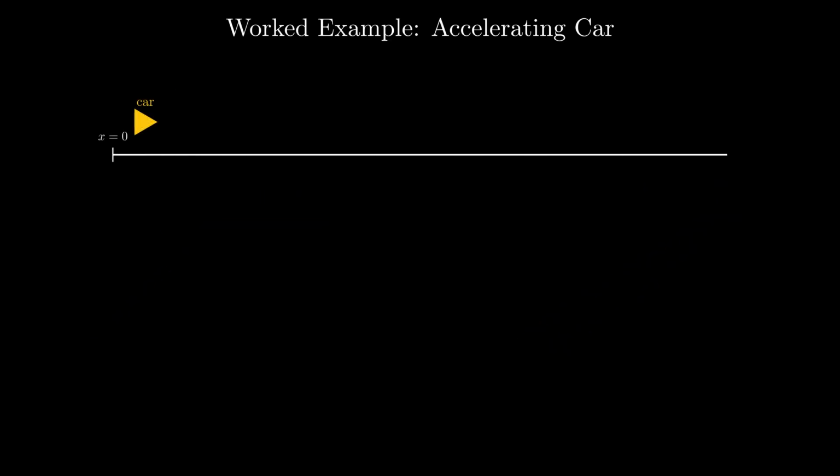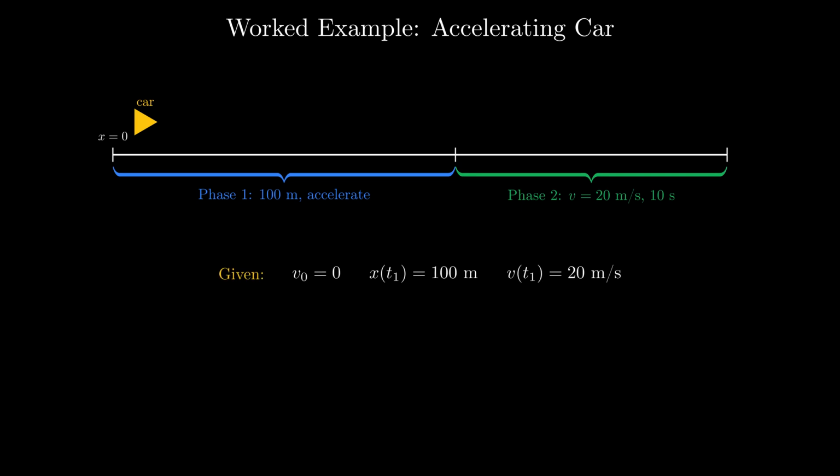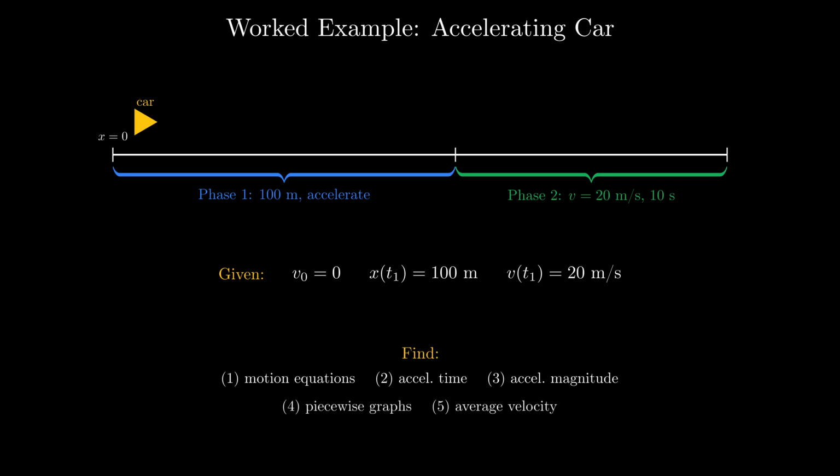A car starts from rest at time 0. It accelerates with unknown constant acceleration along a straight line, covering 100 meters and reaching 20 meters per second. Then it continues at that speed for another 10 seconds. There are 5 quantities to find: the motion equations, the acceleration time, the acceleration magnitude, the piecewise graphs, and the